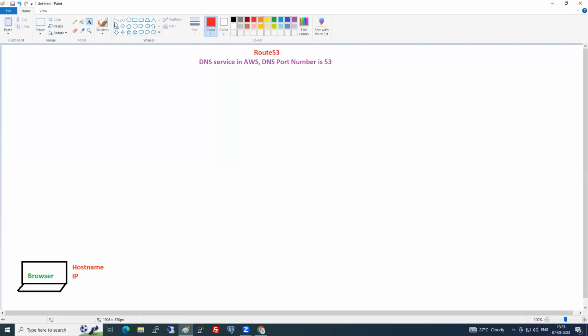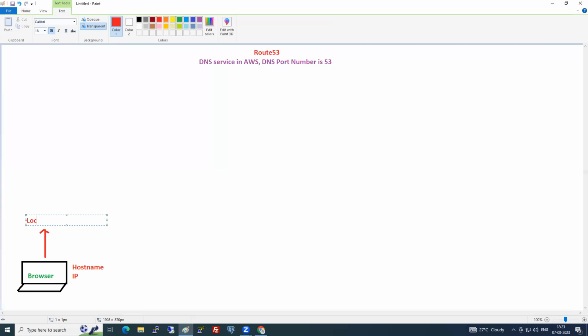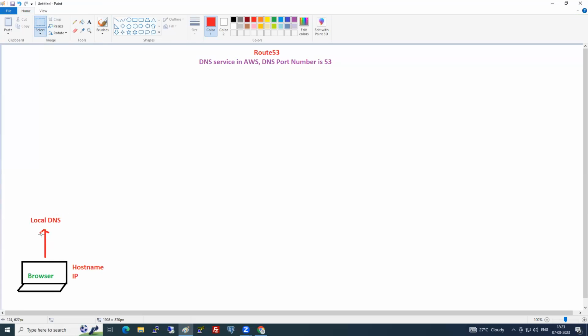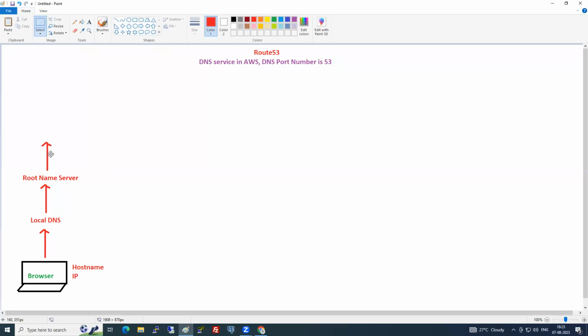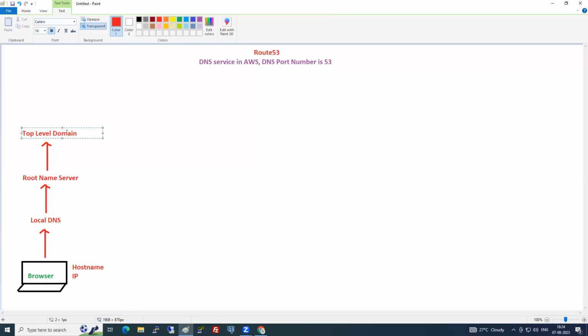Let me ask this question then. From the browser, the request will go to where? Local DNS. From local DNS, the request will go to the root name server, RNS. From the root name server, the request will go to the top level domain, TLD.